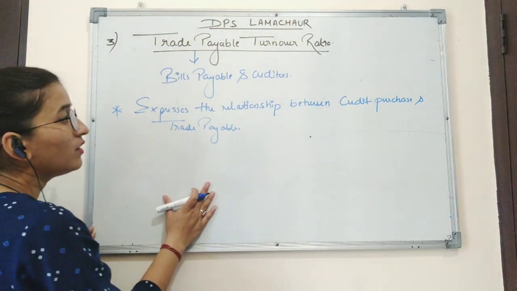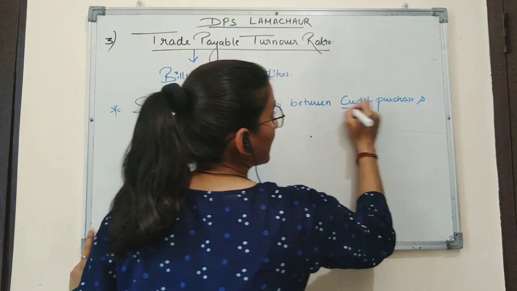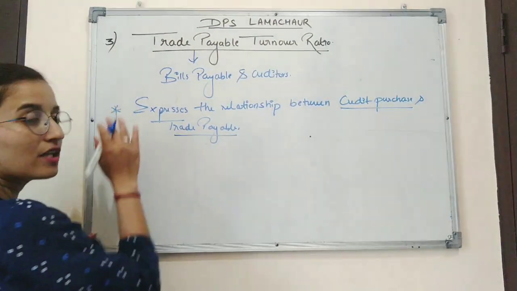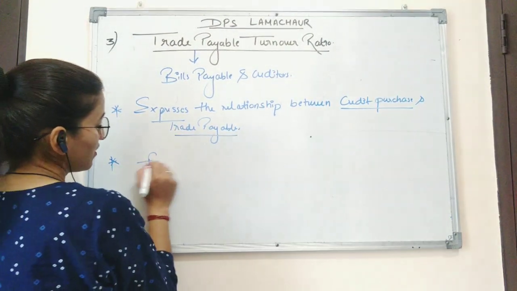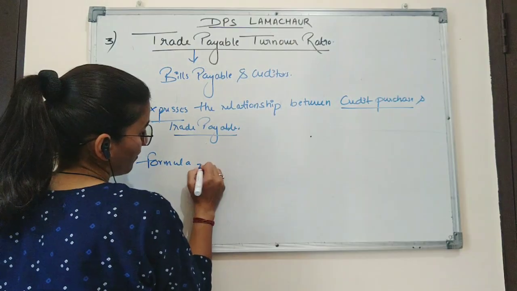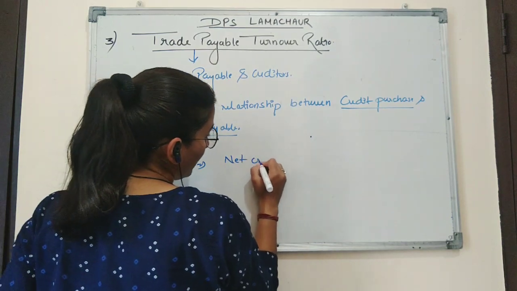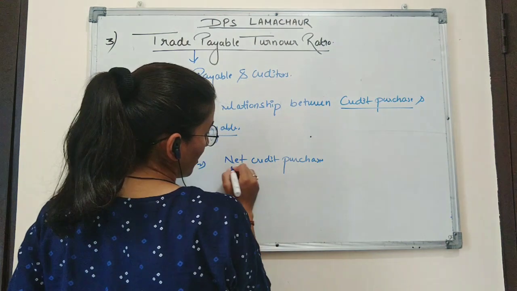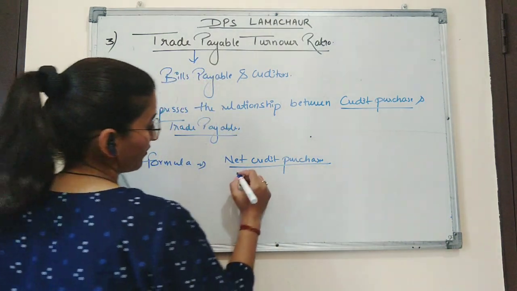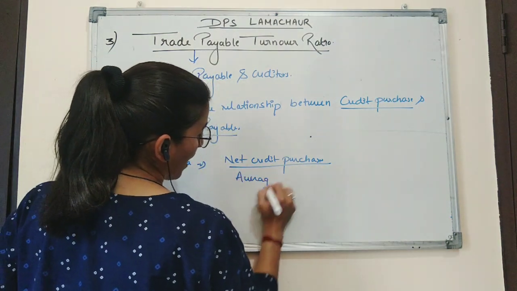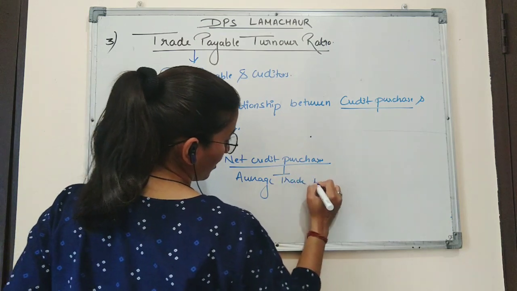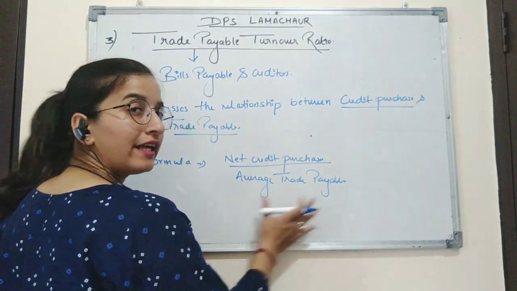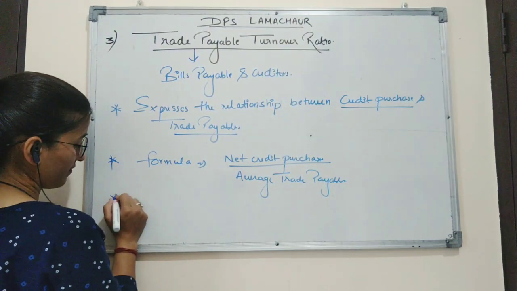Here this ratio expresses the relationship between credit purchase and trade payables. So the formula for calculating the trade payables turnover ratio is net credit purchase divided by average trade payables. The formula for calculating average trade payables is